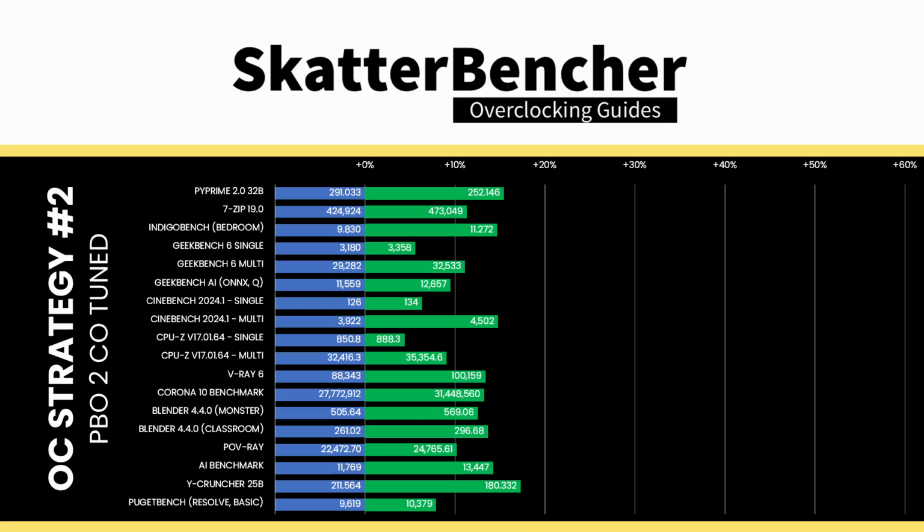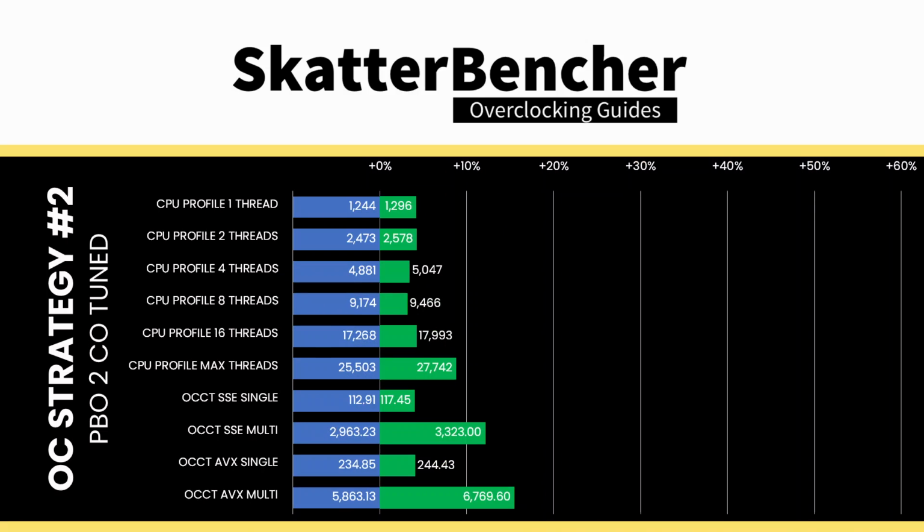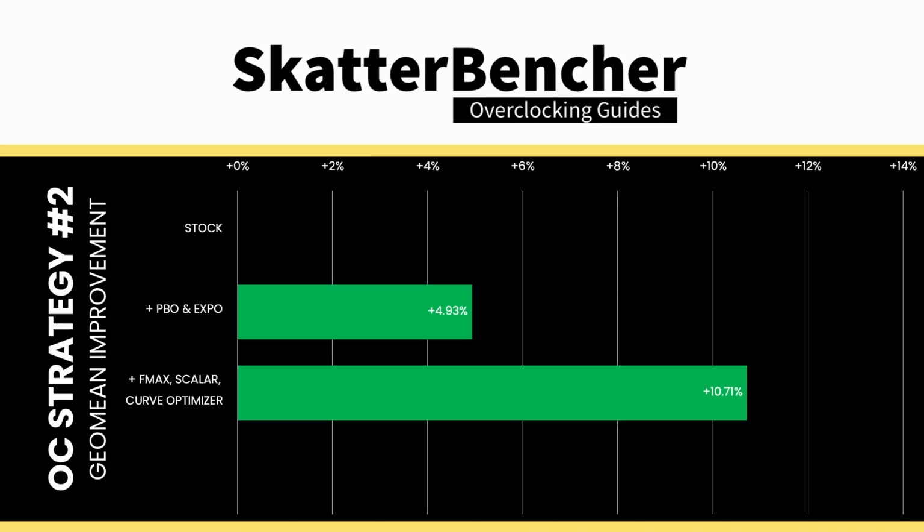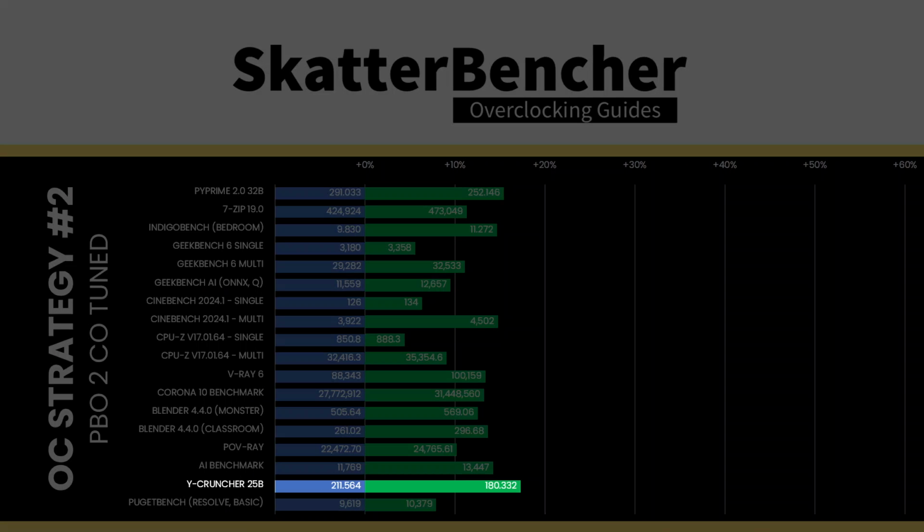We reran the benchmarks and checked the performance increase compared to the default operation. Fmax, Boost Override, Scaler, and Curve Optimizer work together to provide us with higher and longer frequency boosts in all kinds of workloads. We find that the performance improves uniformly across the board in pretty much every workload. Geomean performance improves almost 6 percentage points. We get a maximum improvement of plus